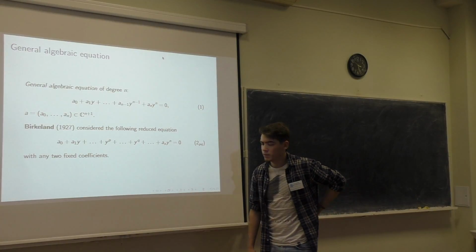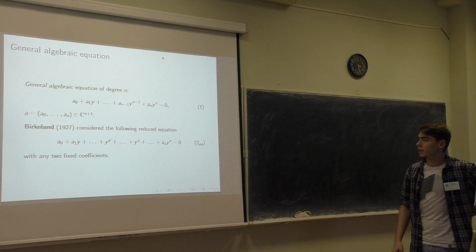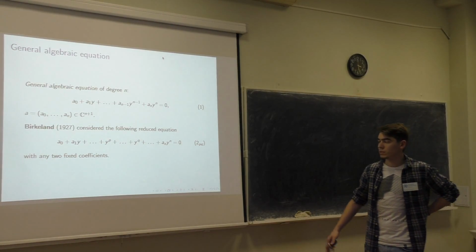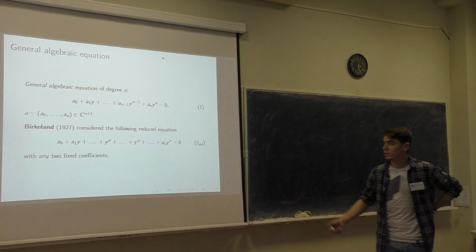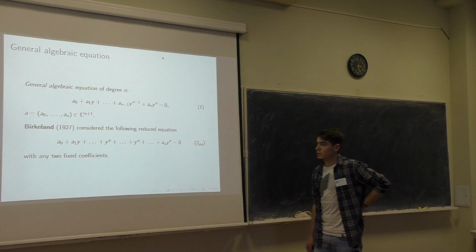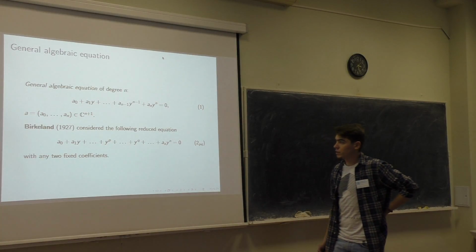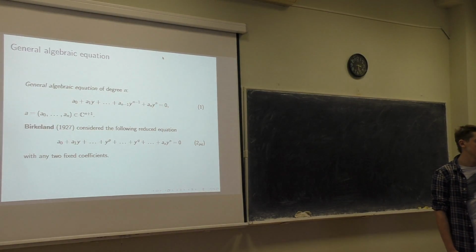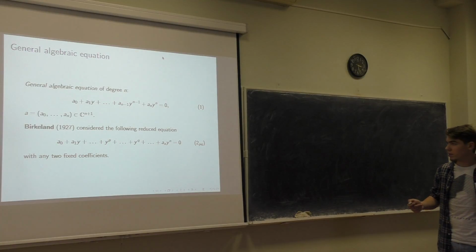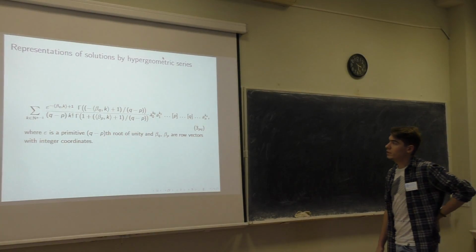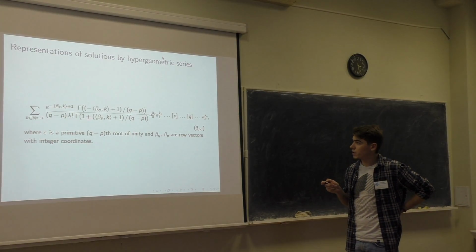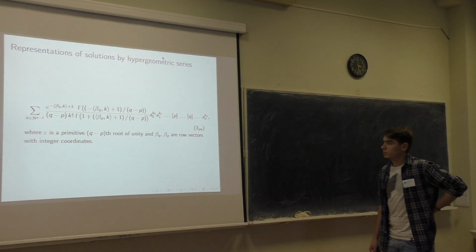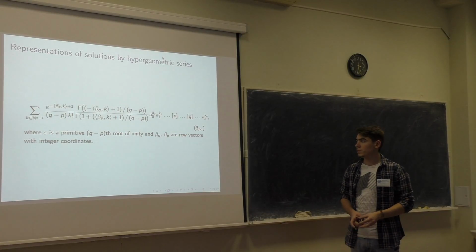Birkeland in 1927 found that the algebraic equation may always be reduced to an equation of the following type with any two fixed coefficients. And moreover, he obtained the representation of the solution as a hypergeometrical series. The series you may see here. Gamma is the classical gamma function. Epsilon is a prime to q, mu p is a root of unity, and beta q and beta p are all